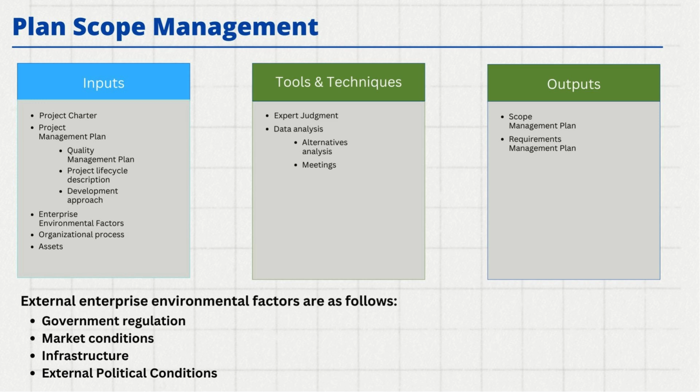Now, what kinds of tools and techniques can I use? One of the tools and techniques that I can start using is expert judgment. I can identify individuals who have worked on scope management before, are subject matter experts, or have extensive experience in the field. I would seek their judgment and take their views and inputs on the process. Expert judgment is a simple yet very useful technique that can be quickly applied. Another technique we could use is alternative analysis. I can explore different alternatives that are available and determine the best course of action.